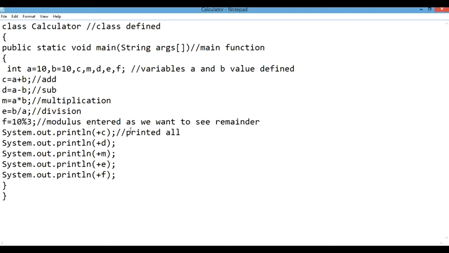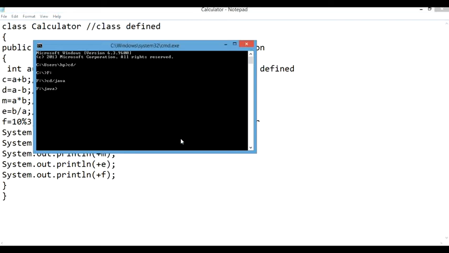Then I have closed the curly braces and closed the program. So whenever I execute this program in the command prompt, you all know we need to execute the program by writing javac and then the name of the program, that .java. After that it will check the compiler and create a class file in the main. After that we have to write java and then the name of the class whatever we have defined, and then we press enter.